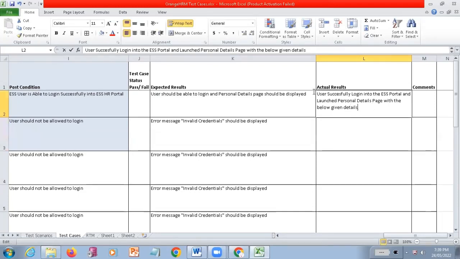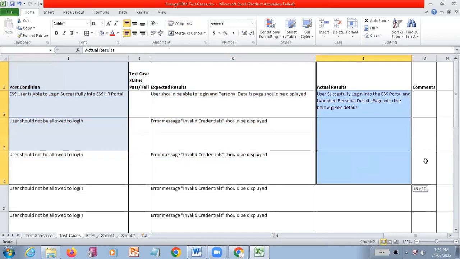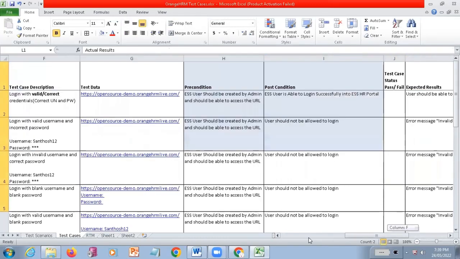Are you getting this point? So this is the expected result only. You are just going to write the actual result and comments. If comments are required, you can use the comments column. But the actual result you are not going to write while preparing the test cases. So those actual results are